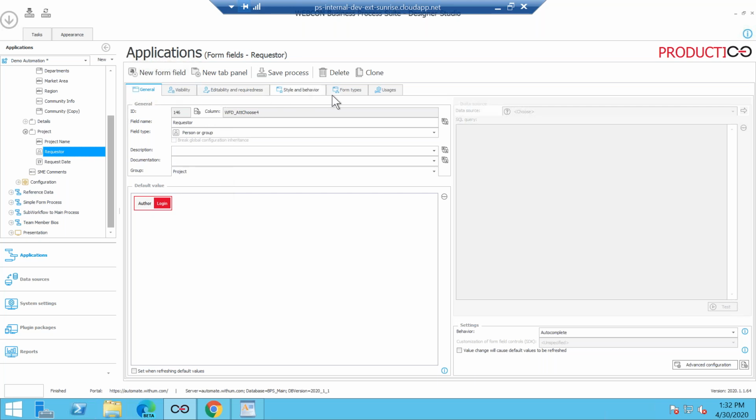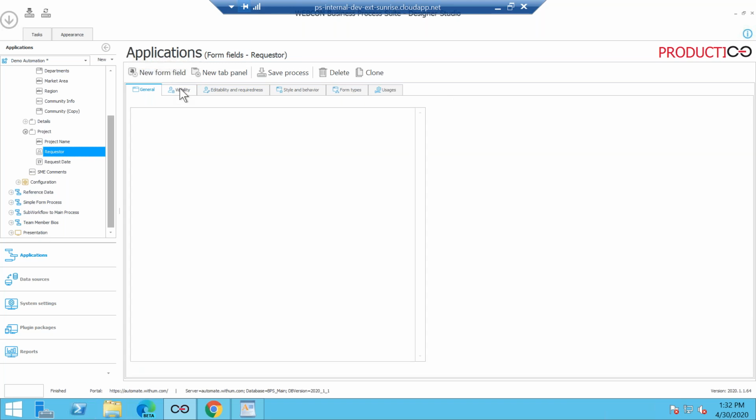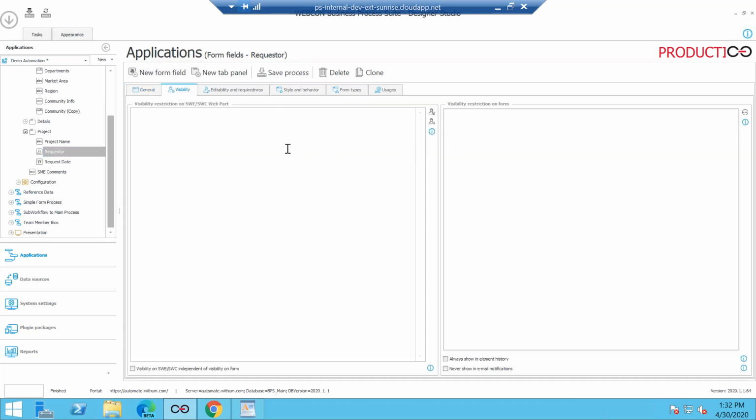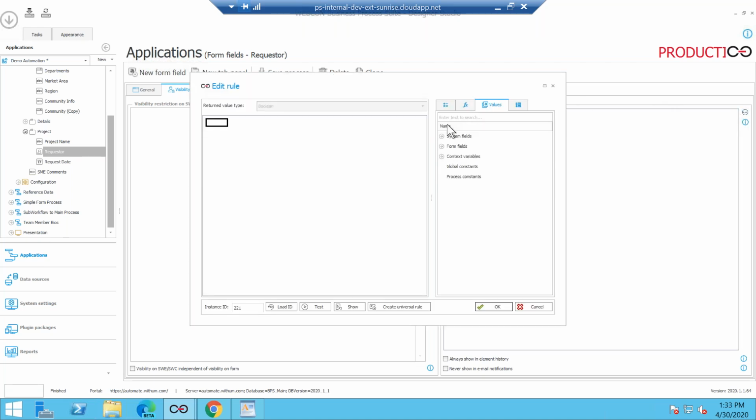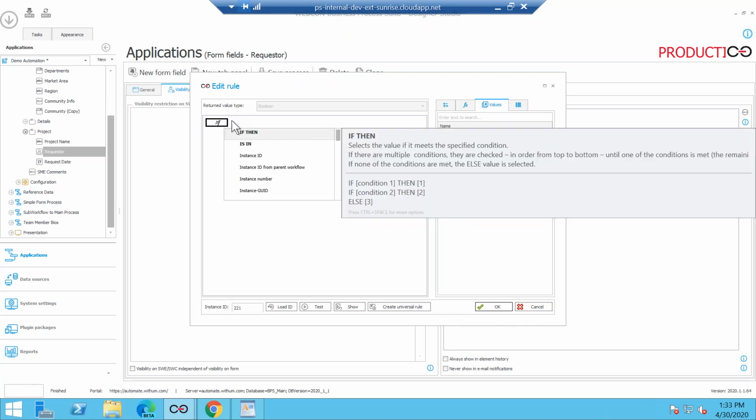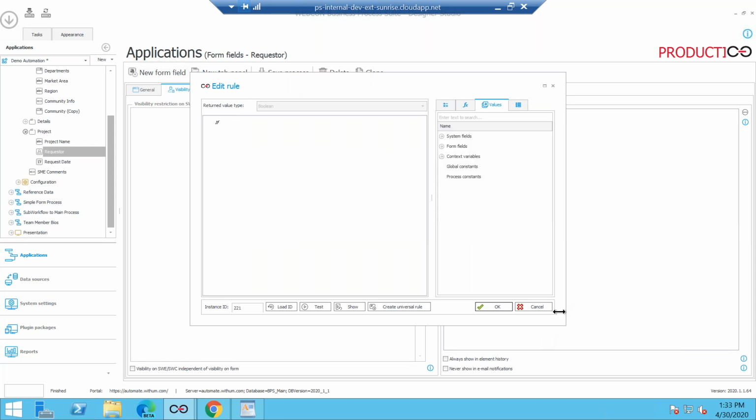But then now going across the fields, attributes, there's also attributes where you could set the visibility of the form. So some form fields are visible either for certain users or during certain stages in the workflow lifecycle. So you could easily set up drag and drop. Like I said, it's so easy to just click on these 3 buttons. You have all your functions, your values. You can start typing in an if-then statement right here, as simple as that, and set in the visibility restrictions.